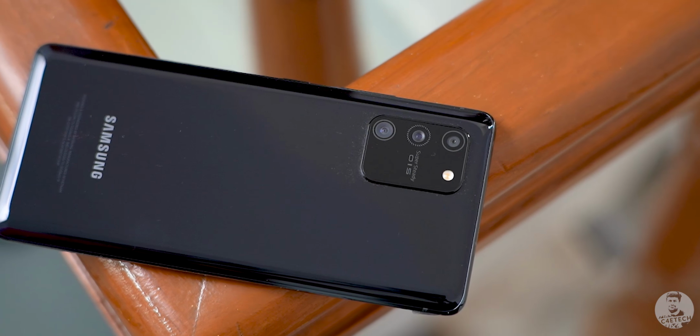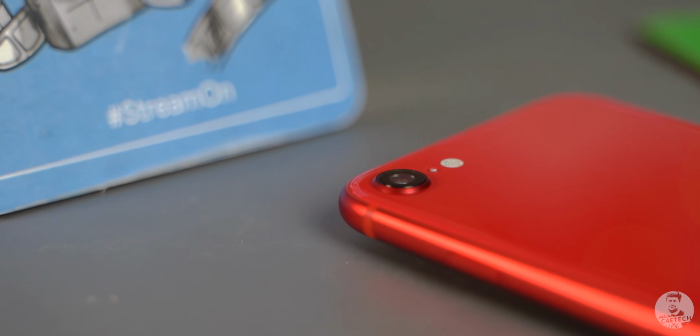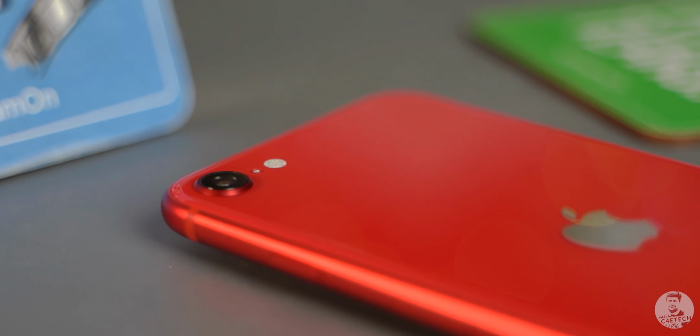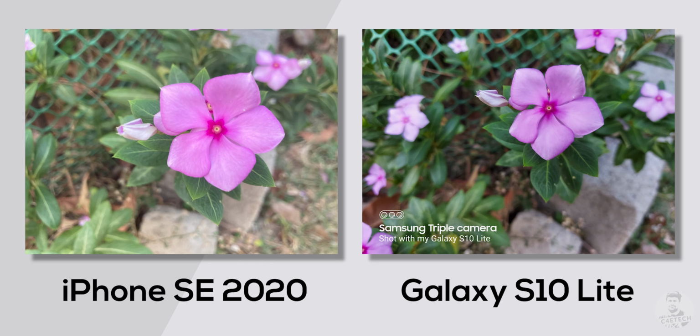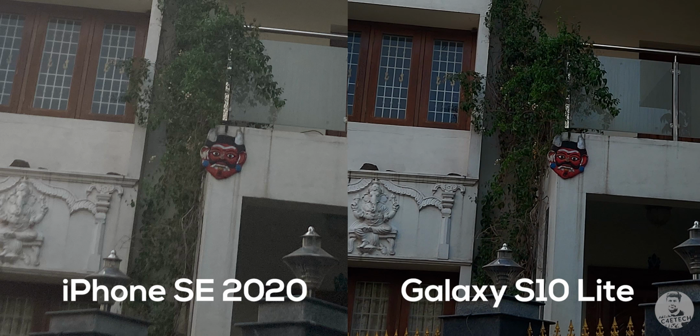an easier setup process. Anyway, coming now to the cameras, we have the S10 Lite with triple rear cameras, while the iPhone relies on a single 12 megapixel snapper, and the power of the A13 Bionic, of course. Taking a look at the photos side by side, the first thing that jumps out is how the colors on the Samsung pop a lot more, whereas they're more true to life on the iPhone. Of course, if we are to pixel peep, the 48 megapixel camera on the S10 Lite does end up taking